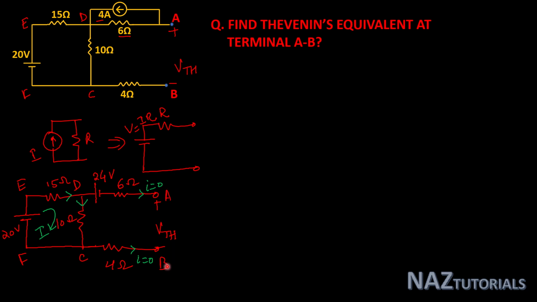By selecting path A, B, C, D, A, you can calculate VTh, or you can select A, B, C, F, E, D, A for calculating VTh. So first we calculate I. You can directly calculate this current I. This is 20 divided by 15 plus 10, that is 20 by 25, or you can say 0.8 ampere, or you can apply KVL